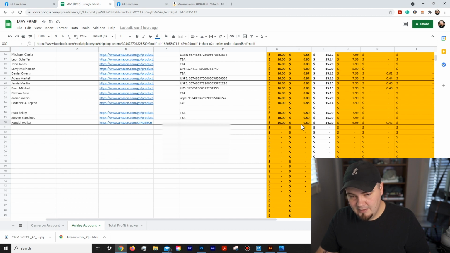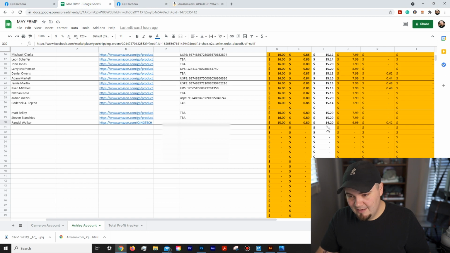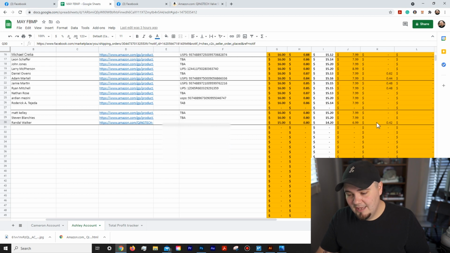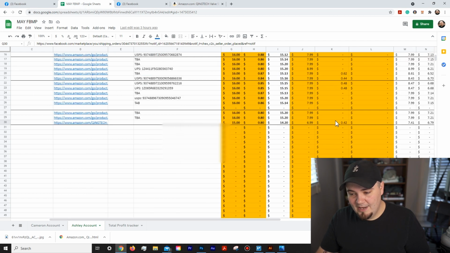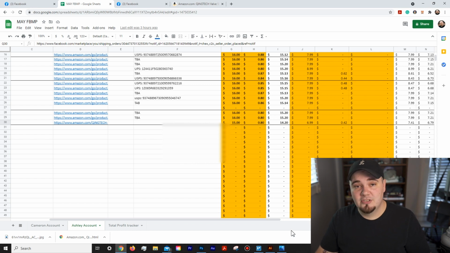So it's 15 total. The Facebook fee is 80 cents. So I put that there. So this is the total, what I'm getting. The cost of the item is $6.99. So I put that here. And when I order it, the tax will be 42 cents because of the state he lives in requires me to pay sales tax when I buy it because I'm not tax exempt in that state,